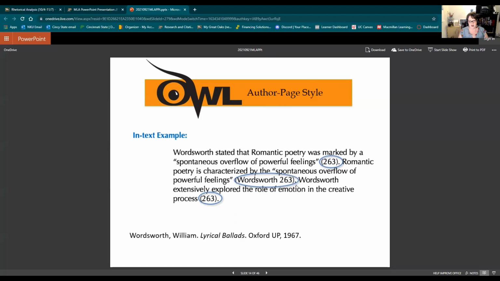Here we have the author's name and the page number. Wordsworth extensively explored the role of emotion in the creative process, page 263. So you see here we have the quote from page 263. Again, a quote without the author's name in the signal phrase. So we use the author and page number, and then we have